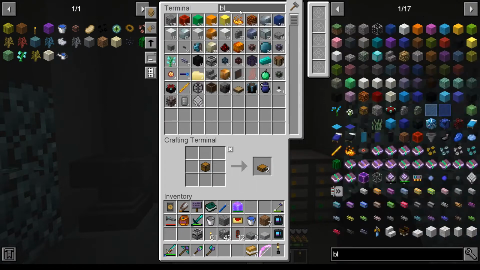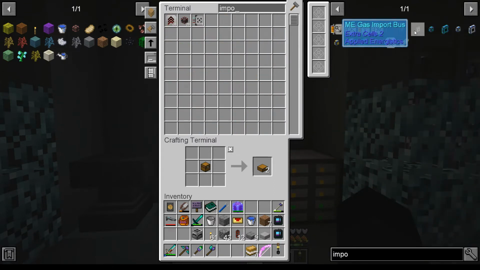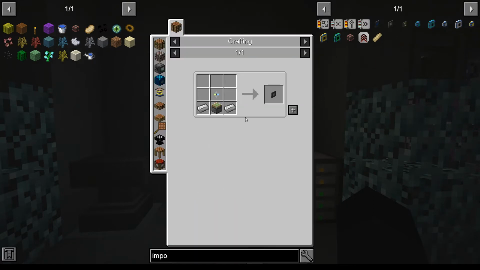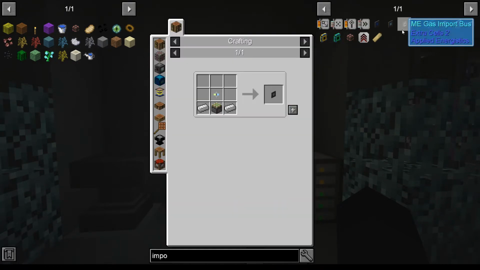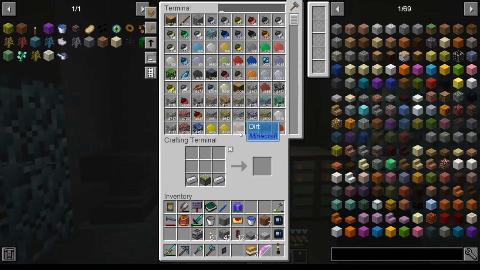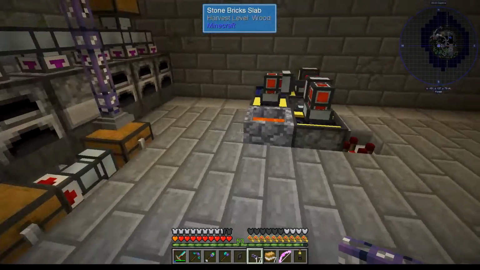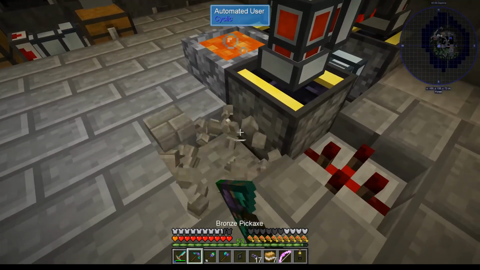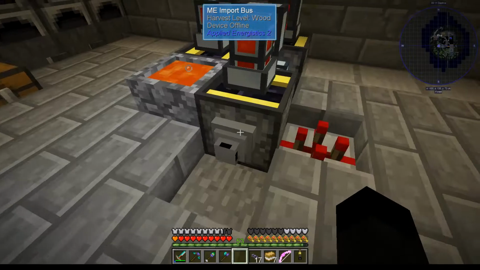And I also need an import bus. Not an import, not import. Which we've almost got everything for except the iron. Which of course we've got, we just haven't got it in ingot form. Okay. Oh, and cable. Well, I started off wanting to do enchanting and ended up making the obsidian generator, which was somewhat of a surprise. That is going to be...